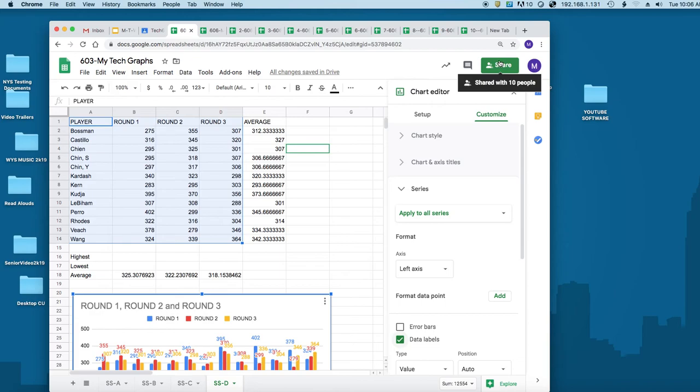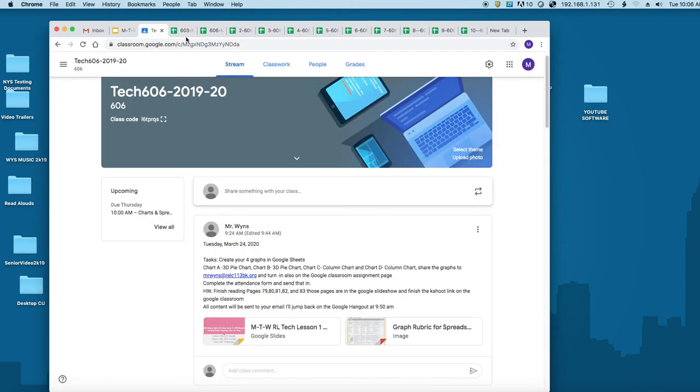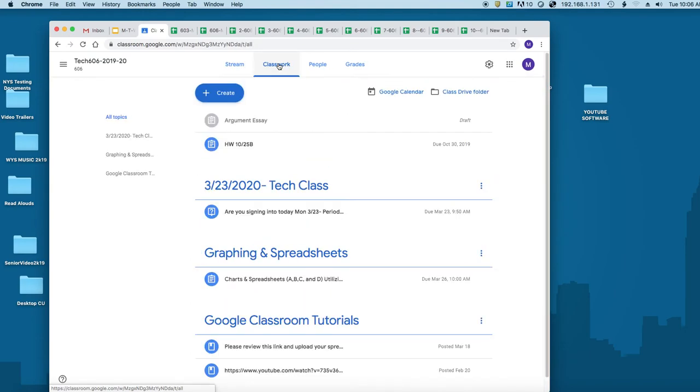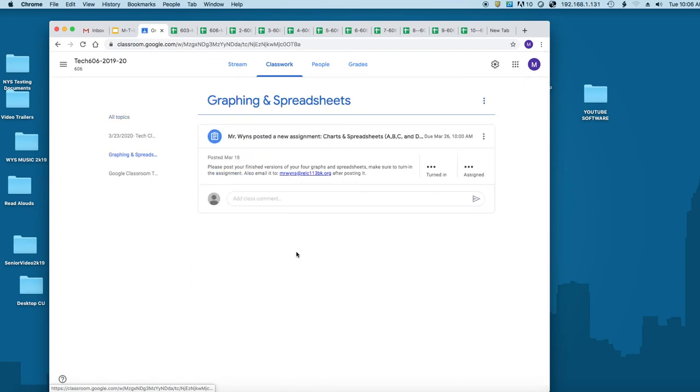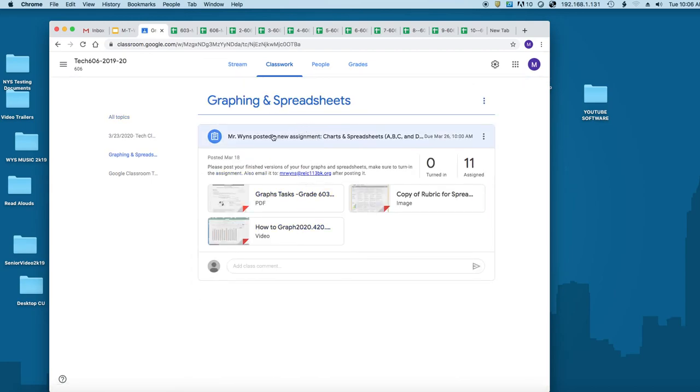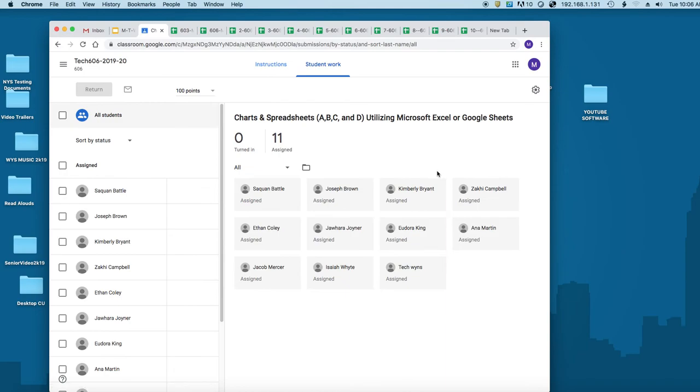And also, when you hit share and send it to my email, on the Google Classroom page where it says class work, right here, under graphing and spreadsheets, I also need y'all to turn in the assignment. See where it says turned in? You have to go there and turn it in. Now, to turn in this assignment, there's one last thing you have to do when you're turning it in on the Google